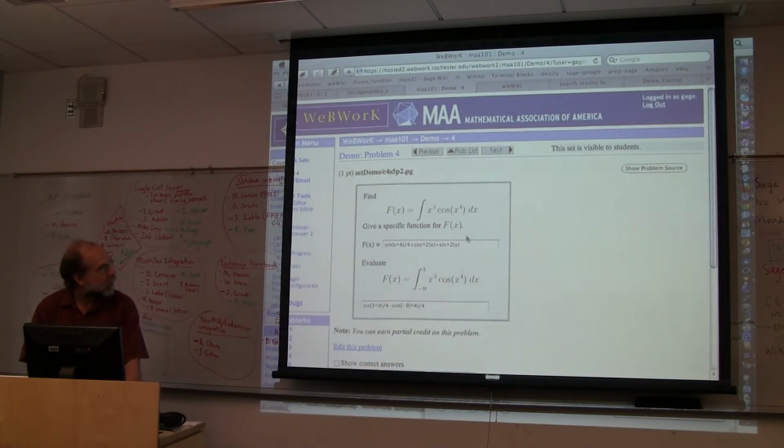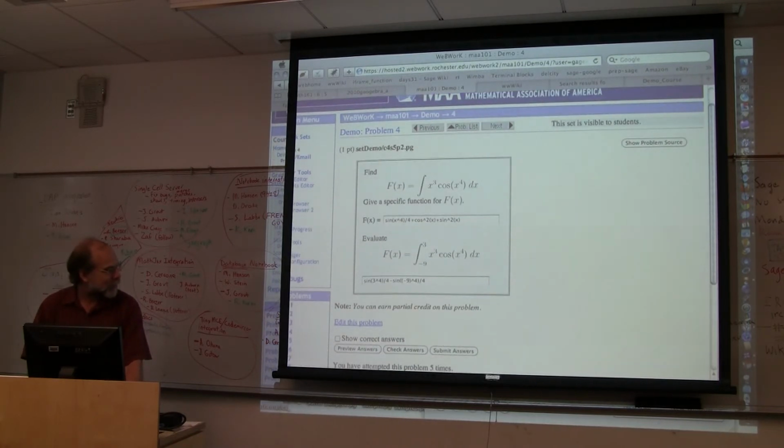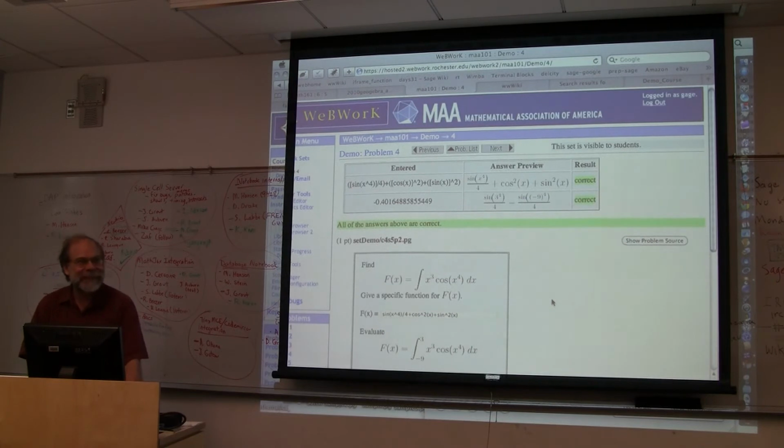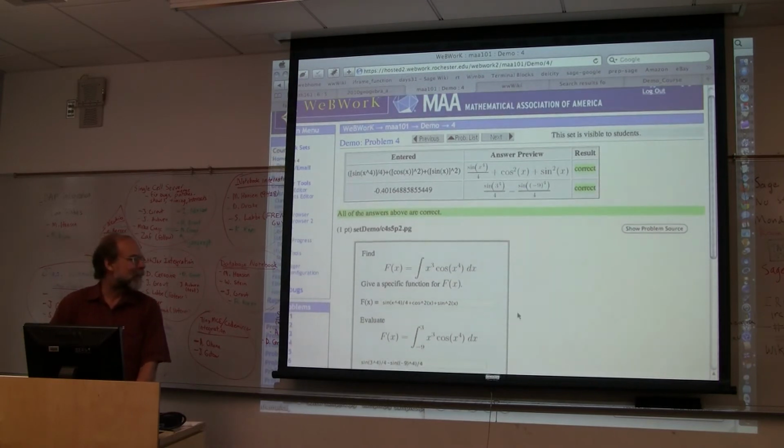And since as a student I always tried to break things, this is actually a correct antiderivative to this thing. Since this is the antiderivative and I've added 1 to it. Right? So this is the kind of thing where I would do this and then explain to my professor why I deserved credit, that the computer was stupid and it wouldn't accept correct answers and so on. So it did. Well, so I designed it.